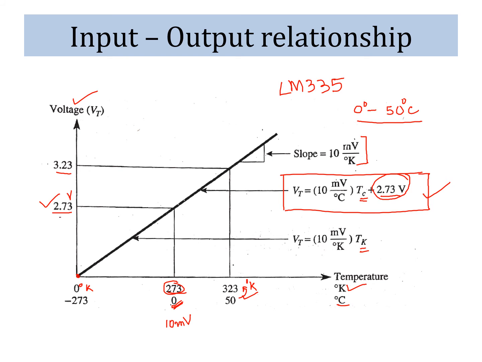It is very similar to the equation we started with, that is y equal to mx plus c. So this is now mx and c. So c is now a constant DC voltage. X is whatever voltage we are getting with the temperature, with a multiplying factor of 10. So 10 is our m. So you can easily correlate this equation with y equal to mx plus c.